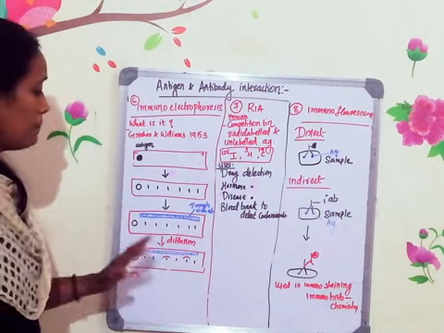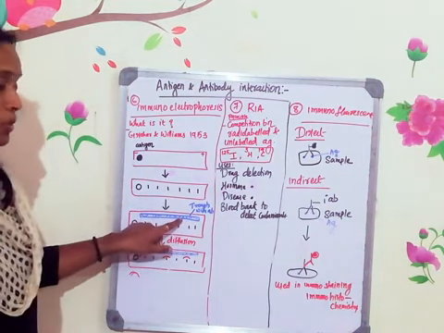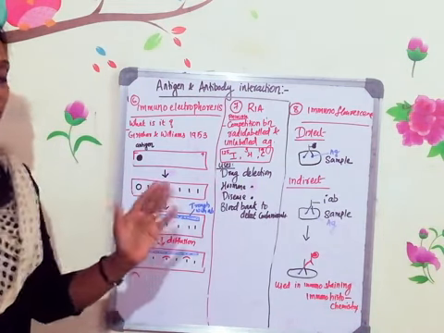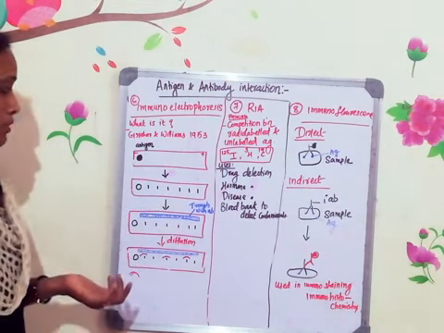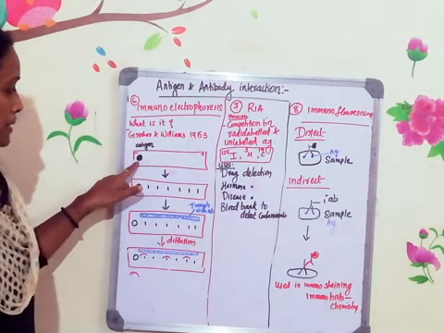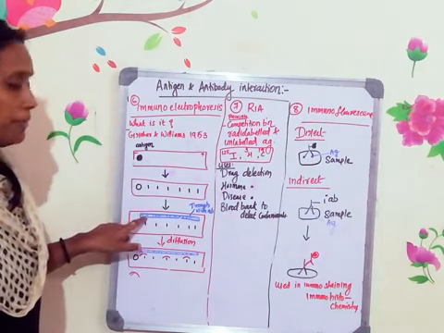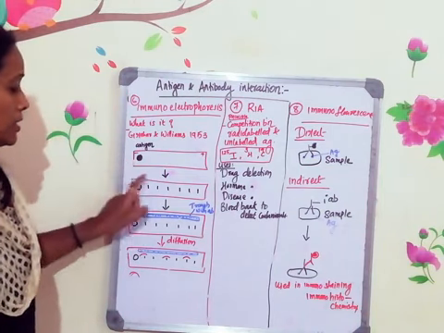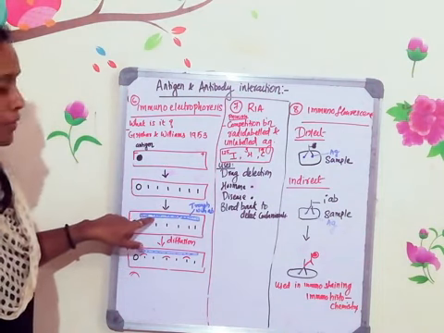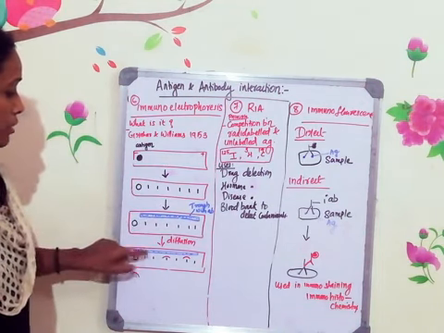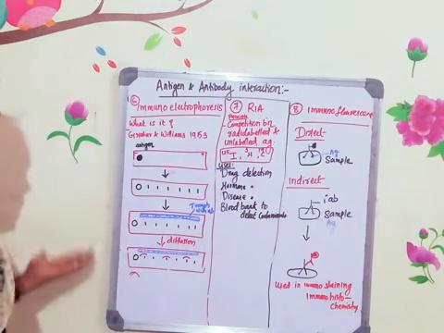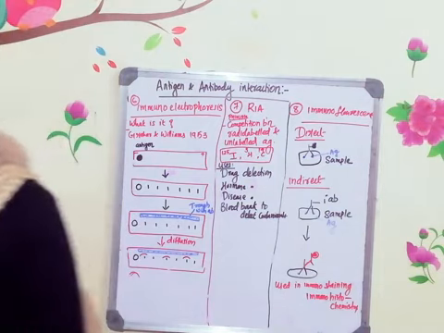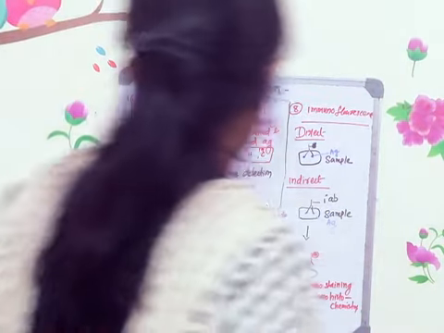So it depends on the sample. You can even load antigen into the trough. As I told you, all the immunological techniques are used to identify either the presence of antigen or the presence of antibody. So here, if you are separating the antibody, into this trough you need to add the antigen. In this example we have loaded the antigen, separated it, then made the trough, loaded the antibody, allowed diffusion, and observed for the precipitin arc to identify whether that particular antigen is there in the serum sample or not. Okay, so this is one immunoelectrophoresis technique.